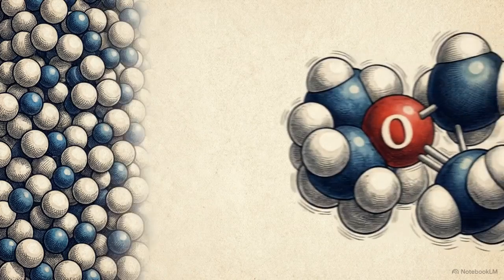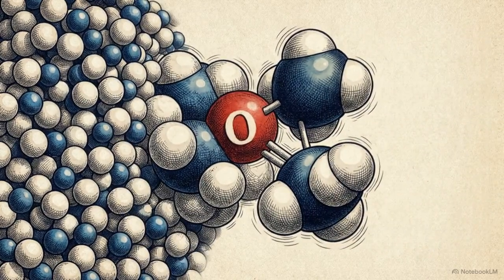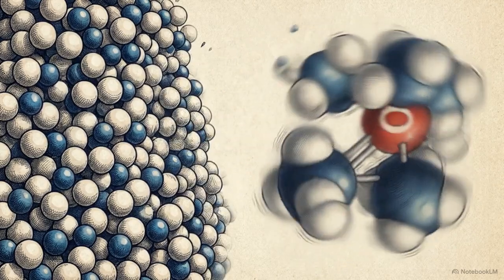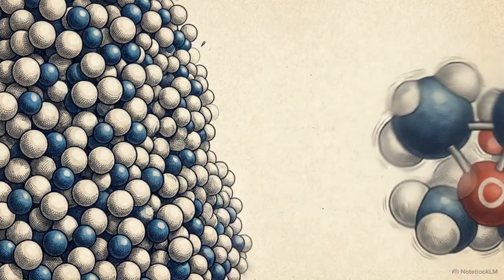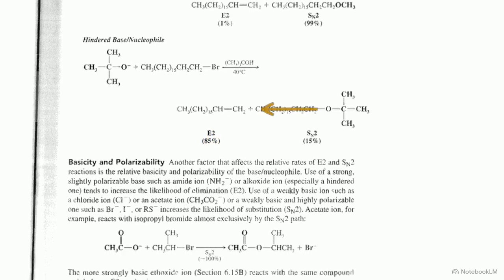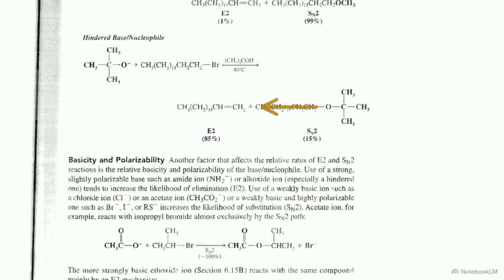If we swap that nucleophile for a bulky base, like tert-butoxide, the carbon center is physically blocked. The attacker cannot reach the electrophilic target. This physical blockade shifts the yield toward E2 elimination. As seen in this 85% result for the hindered base, the attacker is forced to grab an exposed peripheral hydrogen